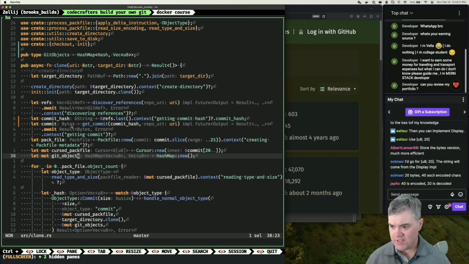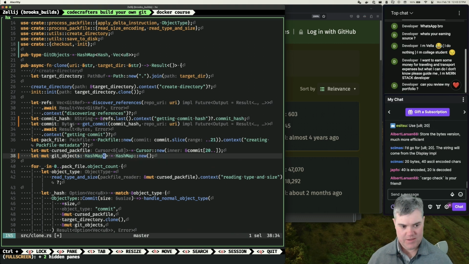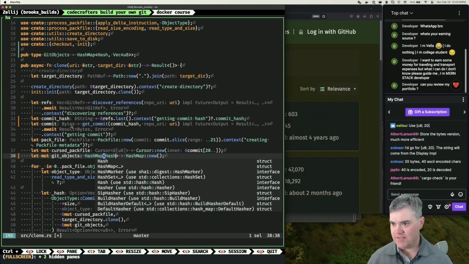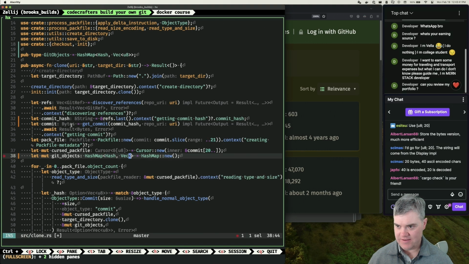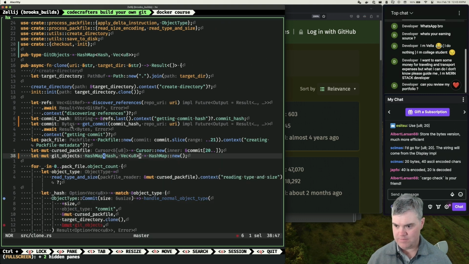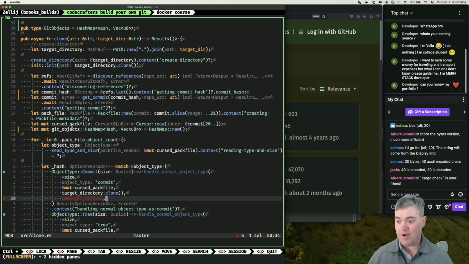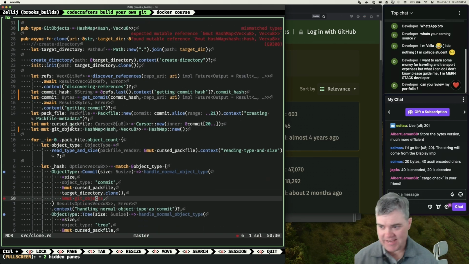Okay, so to force it to be unhappy, we're going to say that you're going to be a hash map with a hash and a vec of U8. Now we should get all of these errors. Cargo check is my friend. Apparently, the problem was that